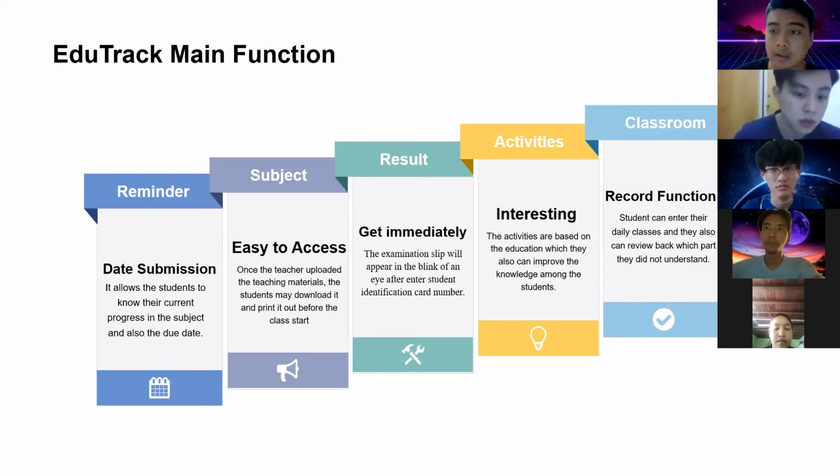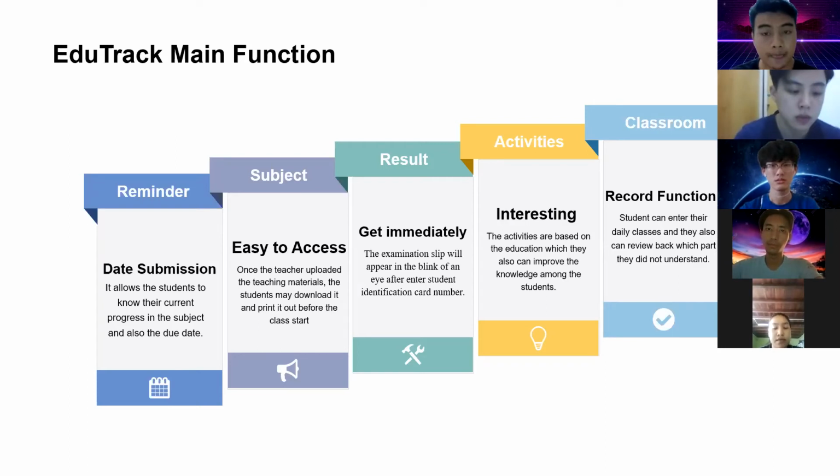In this part also, the teacher will upload the homework once they finish teaching, so that they can analyze student comprehension throughout the teaching and learning process. Other than that, the teacher may also hold a quiz or test through this platform too.